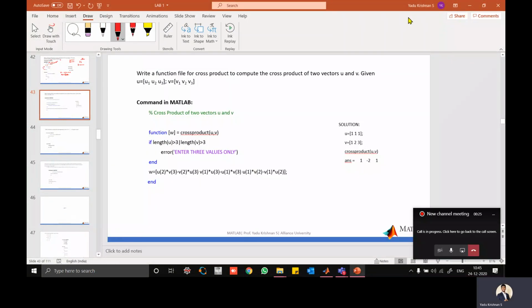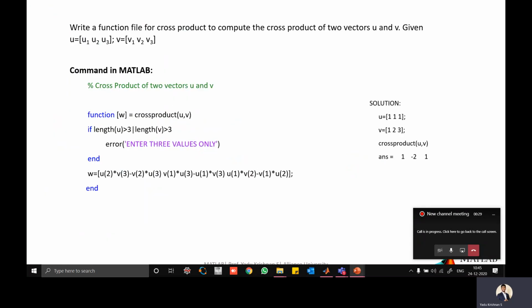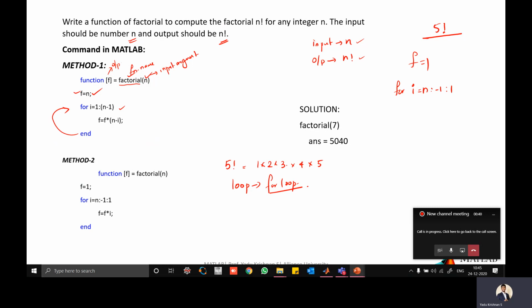So a few more problems related to functions, and one more thing I want to mention here is that whatever function files we have discussed so far, the same thing can be written in a script file also. Only thing is, in the previous case, the last session I discussed the factorial, right? So here what I need is the n value.